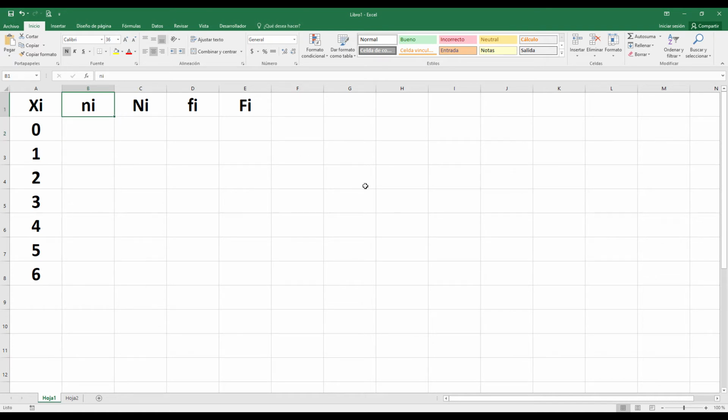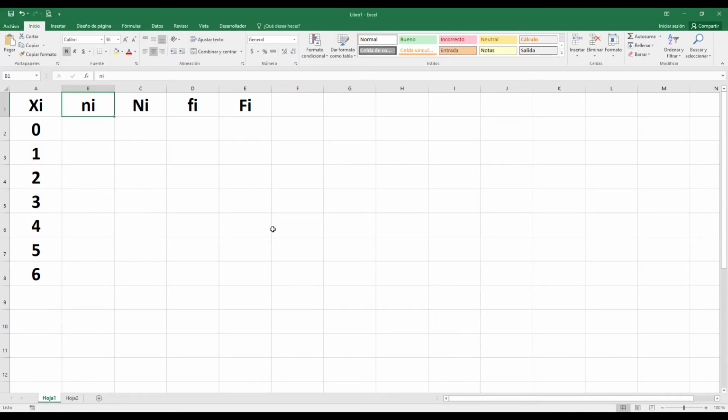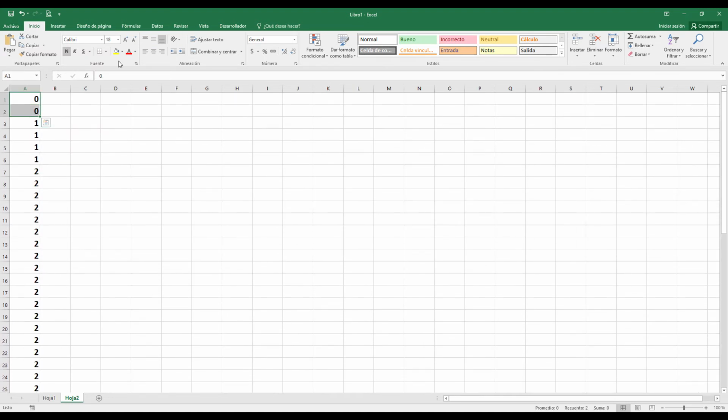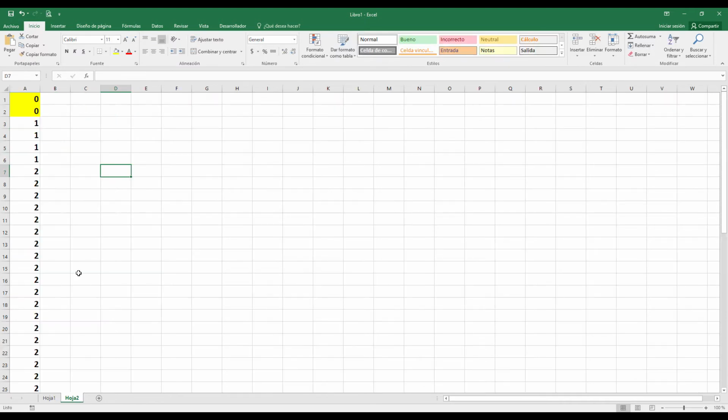Now you will calculate that column. What is that column? Absolute frequency. So in that case, how many zeros do you have? Check here. You have 2. Okay, 2 zeros here. How many ones do you have?